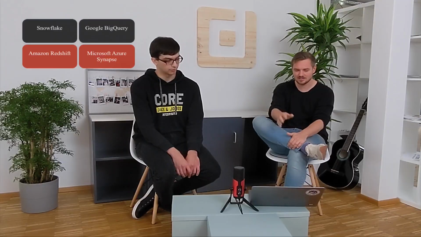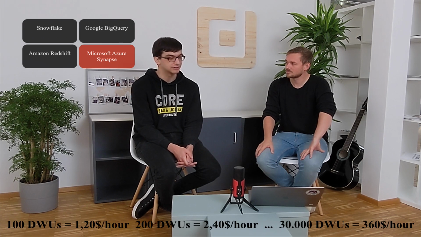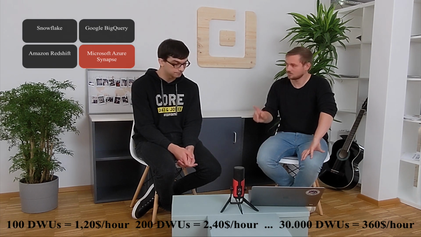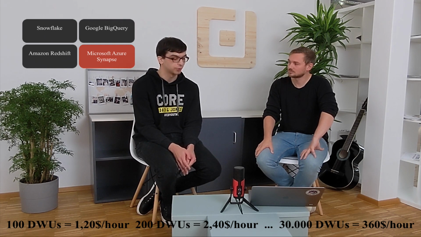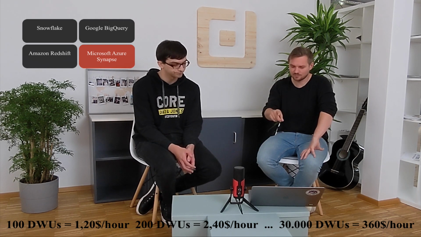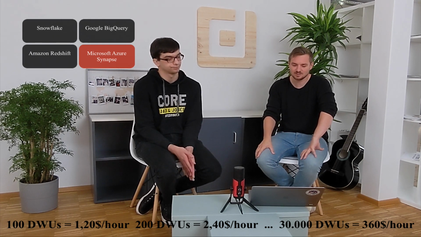For Azure and Redshift, they're also quite similar. So there's also more importantly the nodes you are using. So for Azure Synapse, for example, they are called data warehouse units. They contain computing, working, storage, and also the input and output of the data. It's all handled by that and also charged for that. So for example, for 100 data warehouse units, they cost $1.20. Sorry, 100, not 1,000. Data warehouse units. Yeah, sorry. And for 200, then $2.40. So it's quite linear. Yeah. So for 3,000, you pay $360.